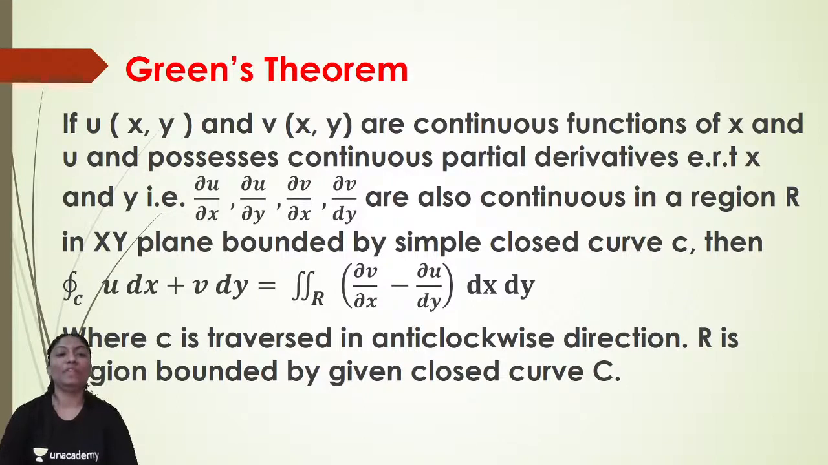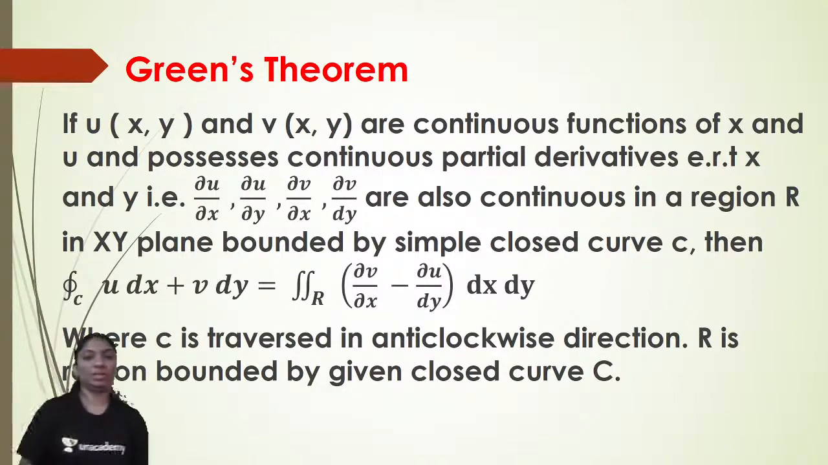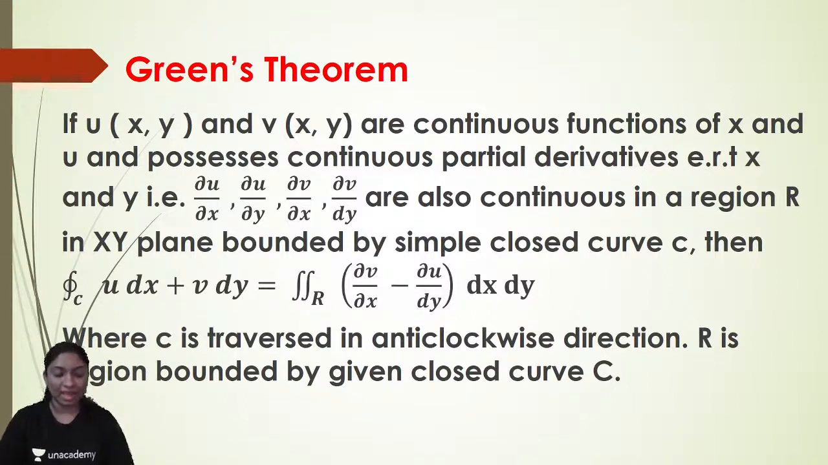So here u of x y and v of x y are continuous functions of x and y, and u and v possess continuous partial derivatives with respect to x and y, that is del u by del x, del u by del y, del v by del x, del v by del y. It means u and v both possess partial derivatives with respect to x and y. Now these are also continuous in a region R in the xy plane. Okay, so